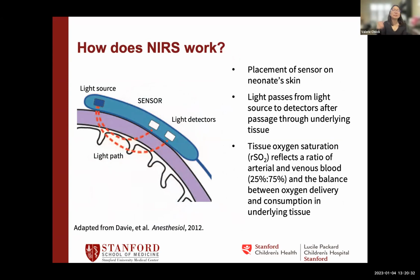It's very similar in principle to a pulse oximeter. A sensor is placed on a baby's skin, and light passes through from the near infrared light source on the sensor itself, through the underlying skin, through the bone, into the soft tissue, at a depth of about 1.5 to 2 centimeters, where the light is then absorbed by oxygenated and deoxygenated hemoglobin in the underlying tissue. And then light is reflected back to the detectors on that same sensor. And a tissue oxygen saturation ratio is calculated. It's heavily venous weighted, so 25% arterial, 75% venous,